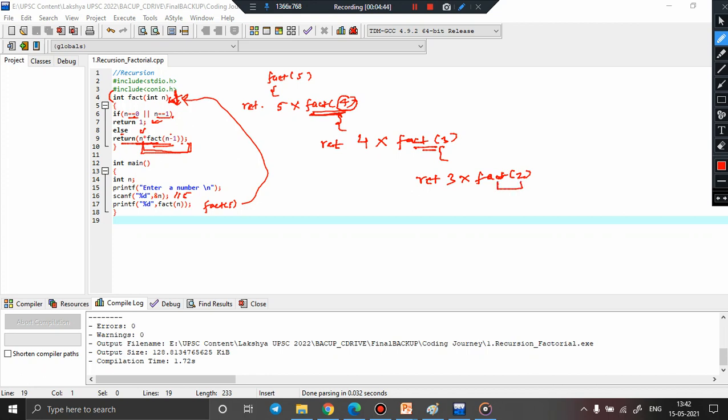Again fact 2. 2 is being passed here. 2 is neither 0 nor 1. So this is again false. It will execute the else part and it will return 2 into fact of 1. Okay, this time n is 1, so again it is going to